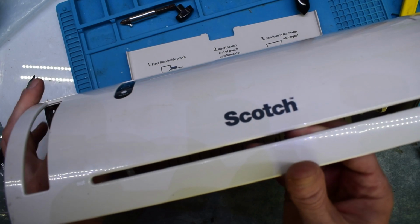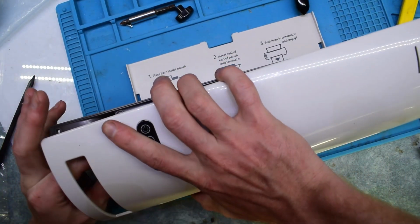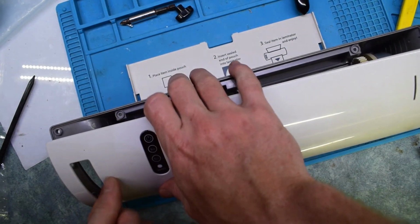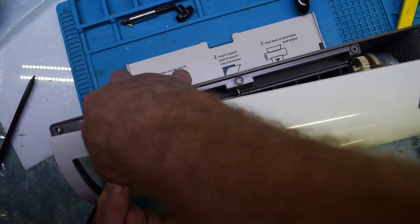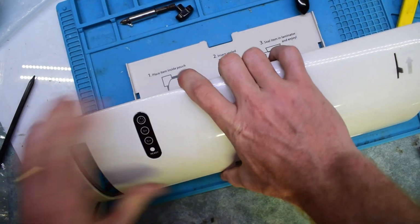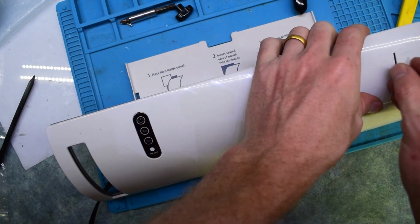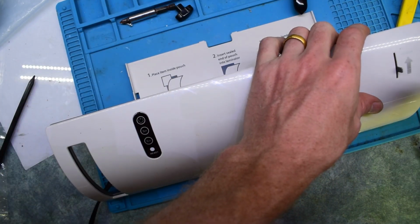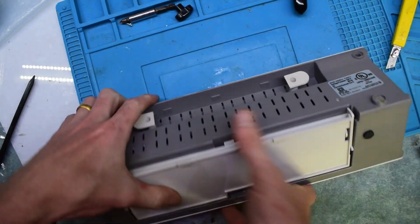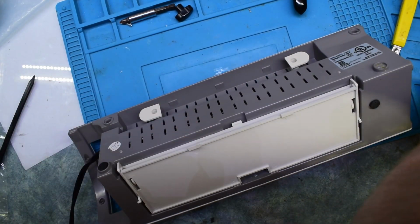Here's a trick, is how to get this off. I have to get this plug back in. Can't really see it, but I'm just gonna put my finger in there. There we go, clipped in. Clip it. That's a little release knob. Don't forget that. Now get the screws back